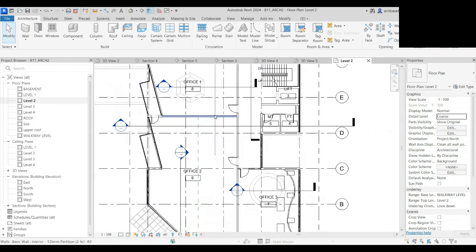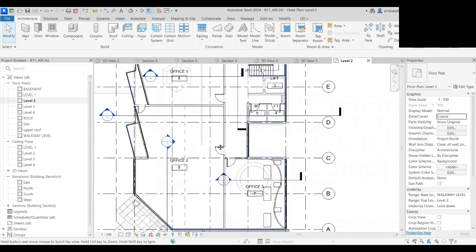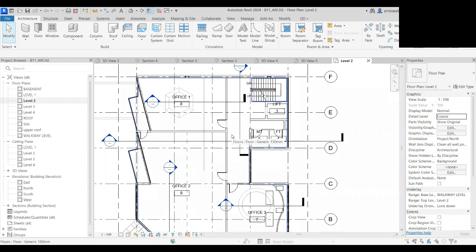That's okay. So now maybe you'll ask, why do I see the bottom part? This is ceiling at the bottom. Why do I see it in level 2 plan view? What's the problem? It's just your range base level. The range base level of this should not be the walkway level because it's looking through up to the walkway level. So this should be at least